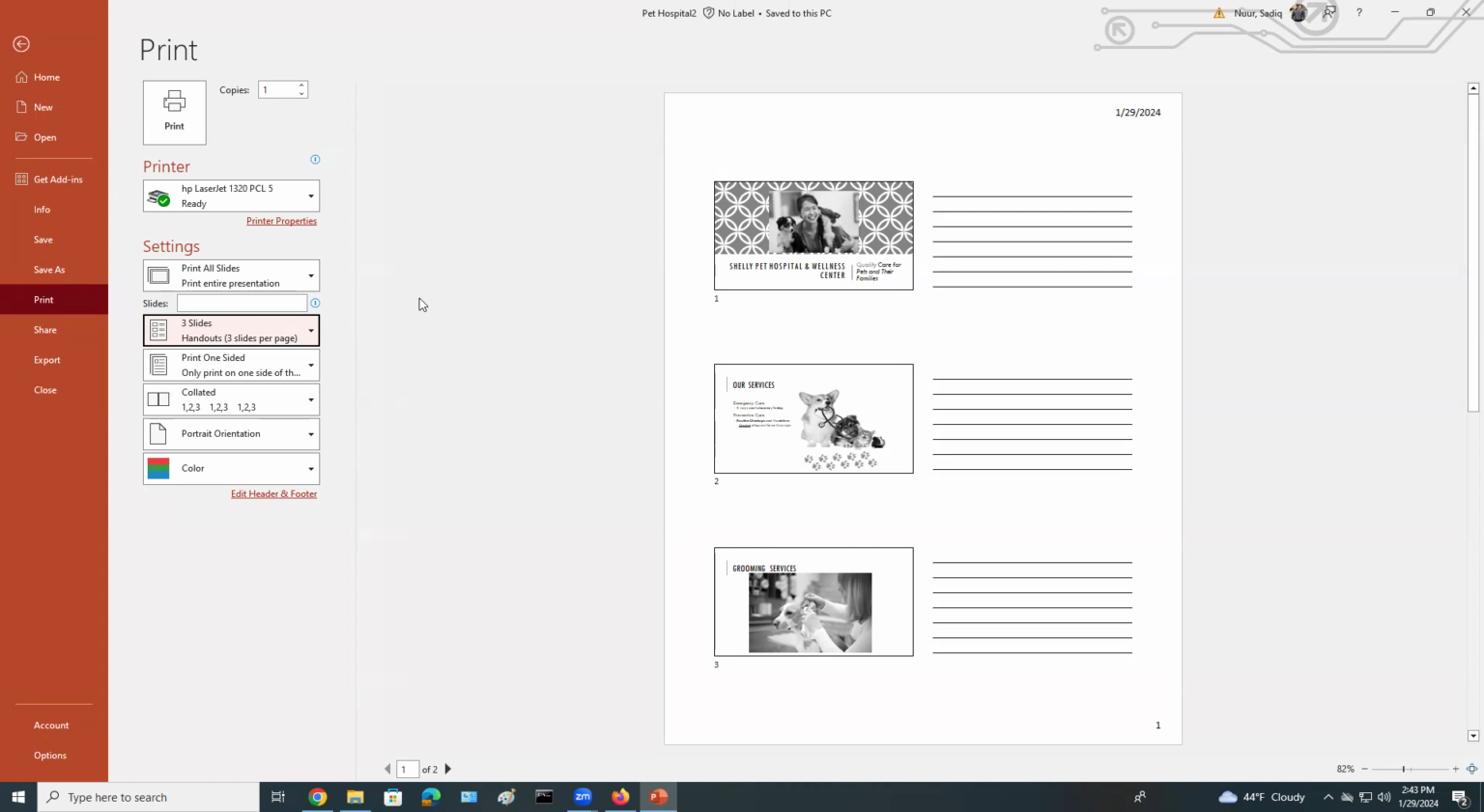Now the next thing is you can also change the print color. Then